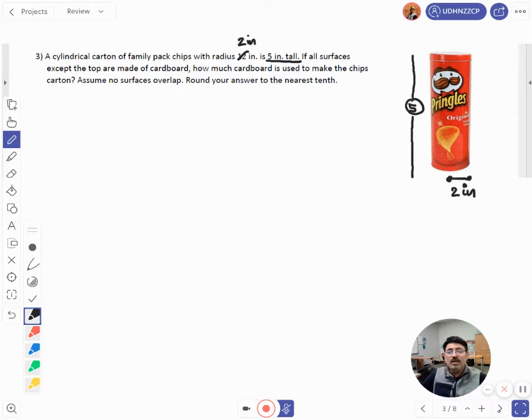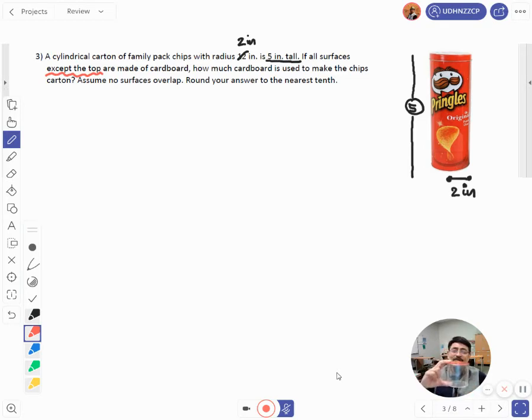If all surfaces except the top, please notice that except the top, are made of cardboard, how much cardboard is used to make the chips carton? Assume no surface overlap. Round your answer to the nearest tenth. Let's assume that this is our chips,